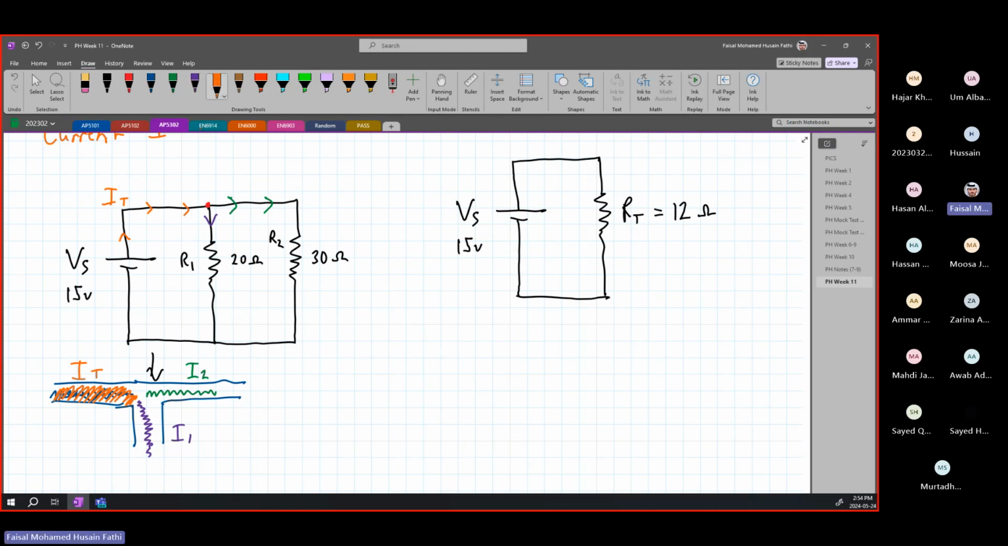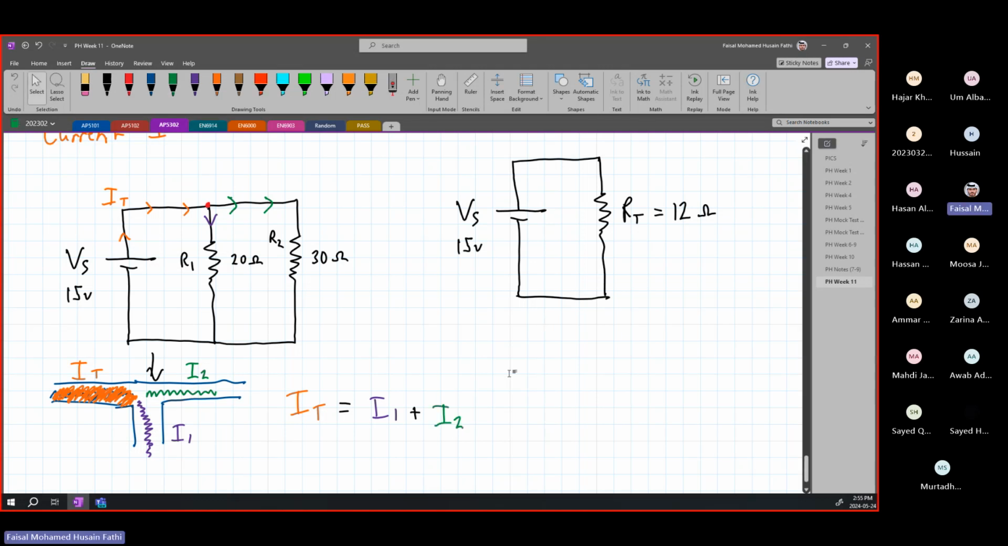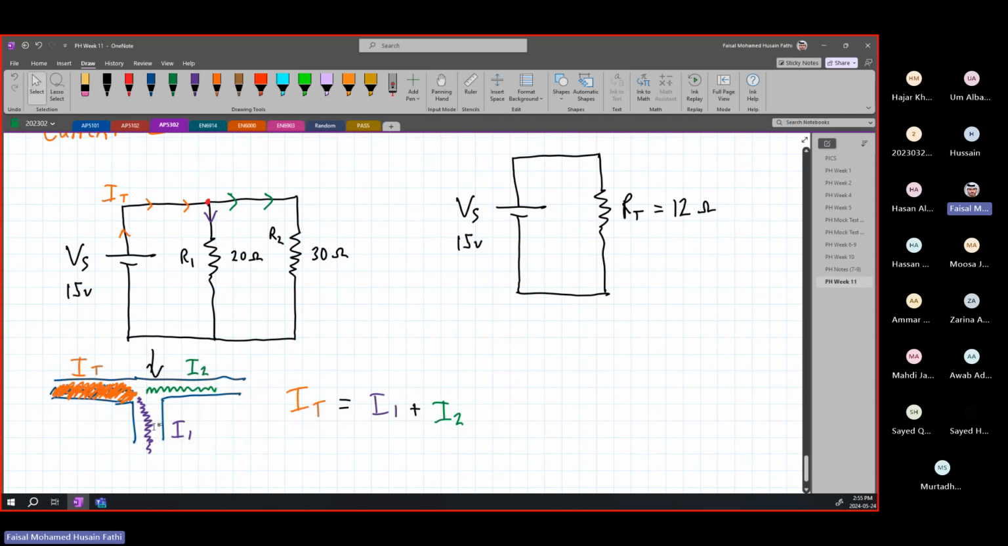Obviously, the sum of these two currents has to be equal to the current that is coming out, because anything going in has to be equal to anything that's going out. So I total is going to be equal to I1 plus I2, right? This is also known as Kirchhoff's current law, but we will look at that in more detail later on. But if you notice here, if you're thinking of it as water flowing through a pipe,